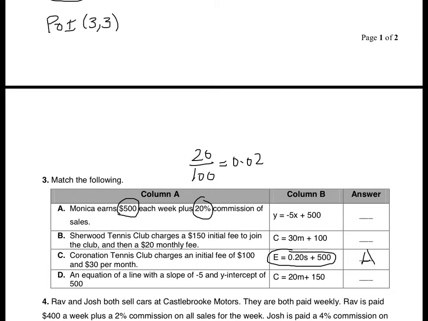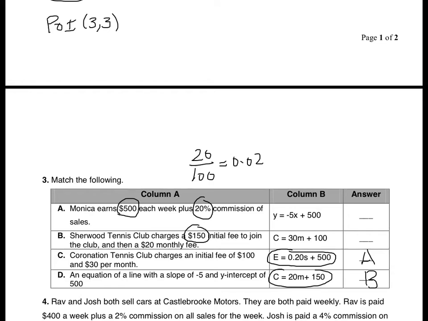The next one says Sherwood Tennis Club charges $150 the initial fee. So $150 is the y-intercept or the initial value, and $20 monthly fee, meaning that every month they charge you $20. This means that the slope is $20. Looking at these equations, you can see that the last equation in column B corresponds to this word problem. So this is B,